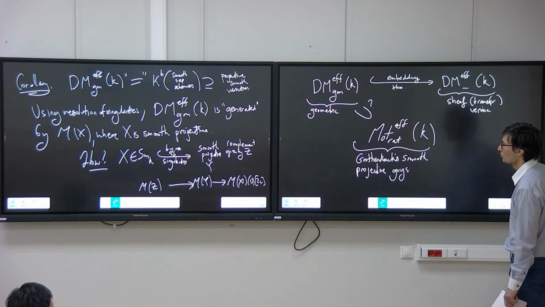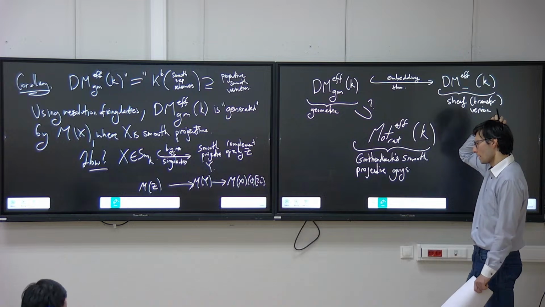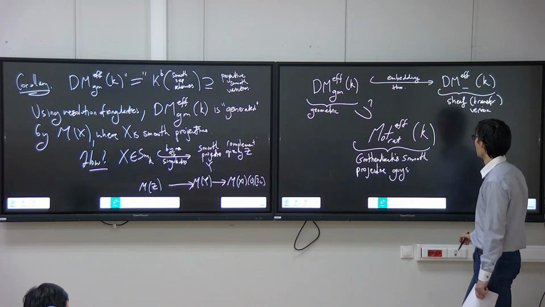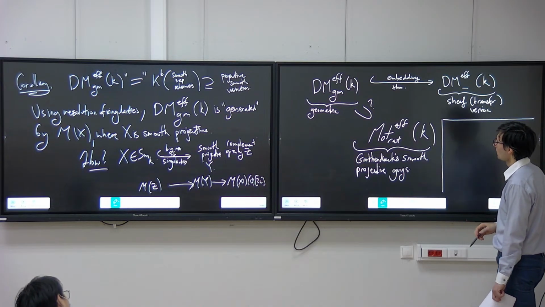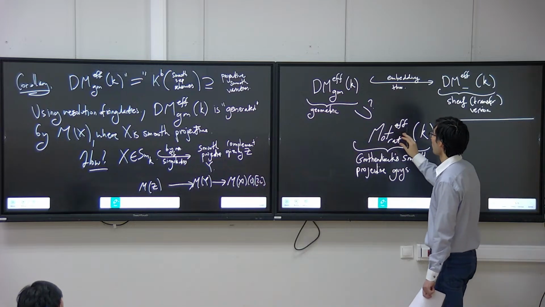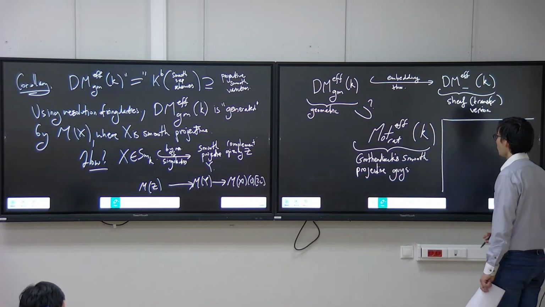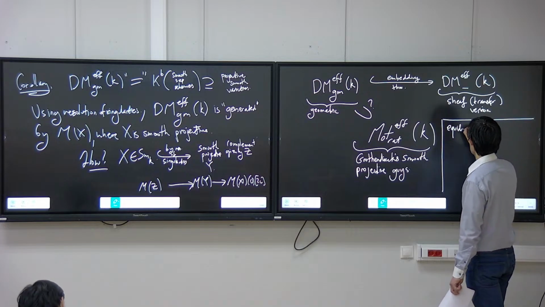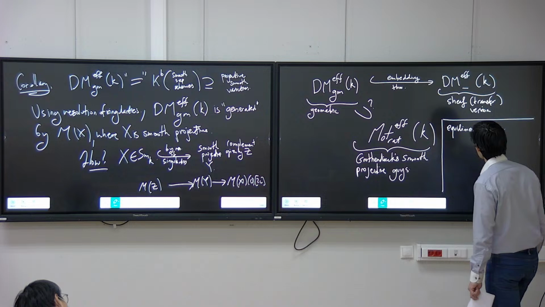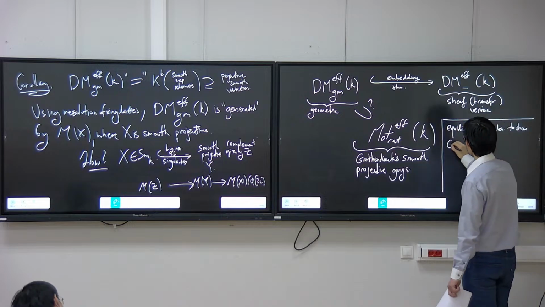So I think the next two lectures we will spend some time discussing this, and of course this will be true. There are several ways to prove this, but our approach will be to use something called equidimensional cycles, to show that Grothendieck motives